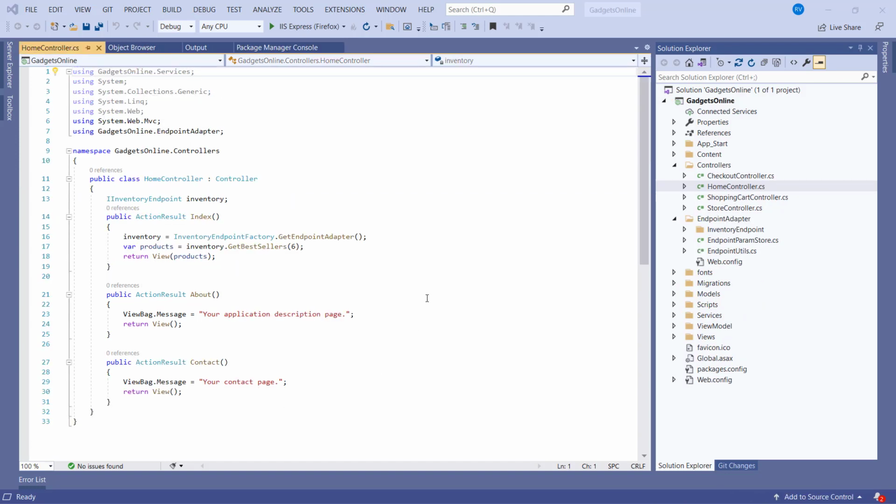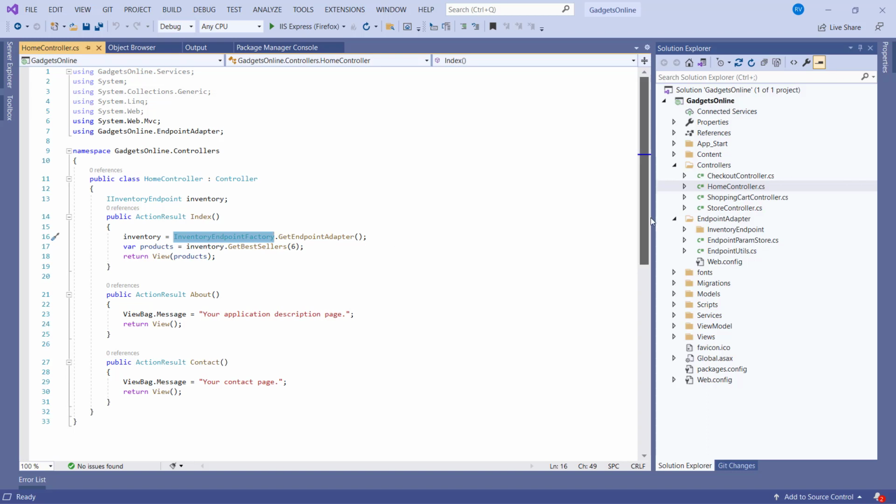Here is the modified version of the code, the changes which AWS Microservice Extractor for .NET made in my existing application. So the first thing you will see is that rather than calling into the local inventory class, it is calling a method called GetEndpointAdapter on the inventory endpoint factory.